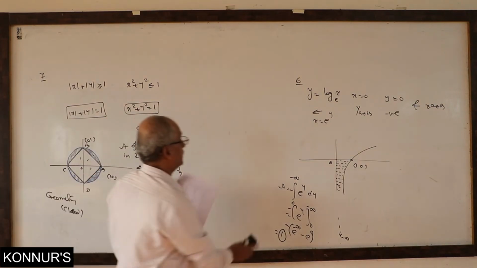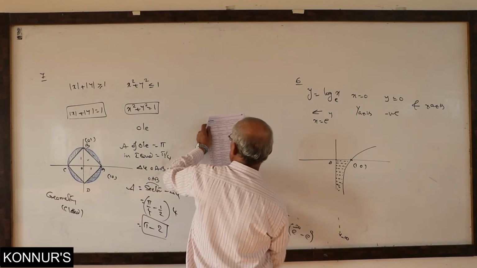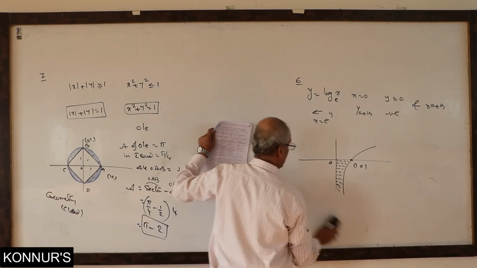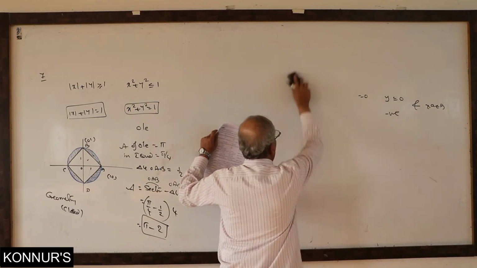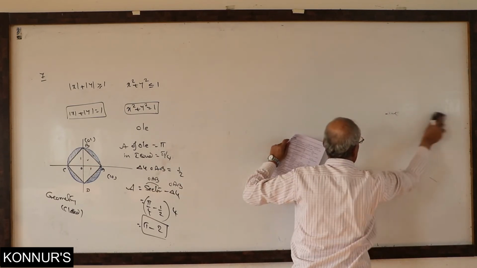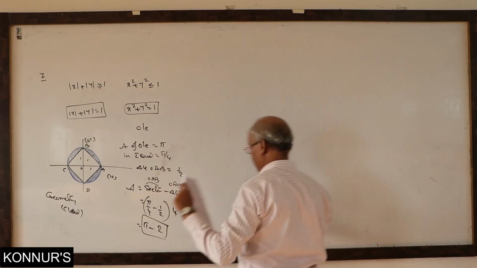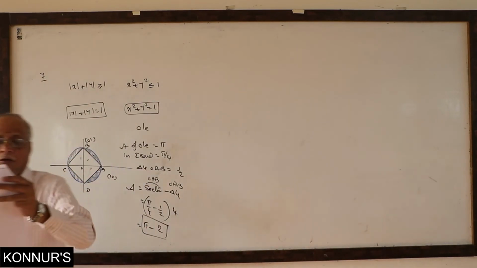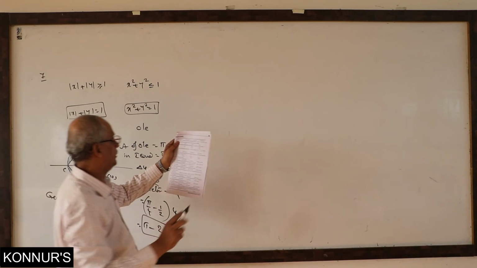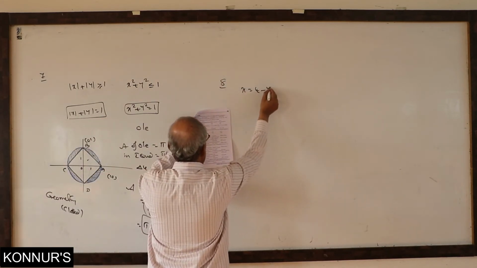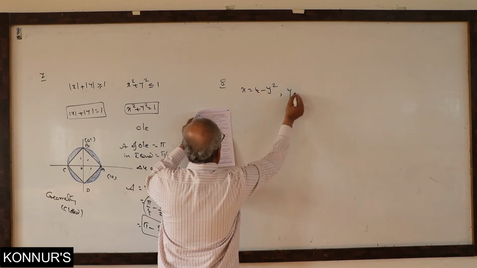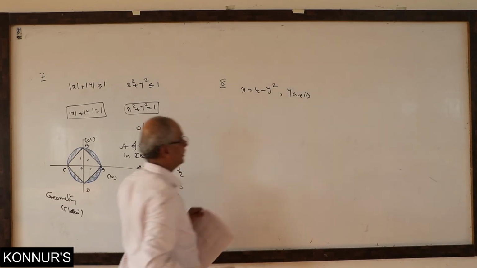Next is also very important. What is that next model? He has now also given only a function. Nothing is mentioned. We have to get the total information only from the given data. How much is given here? Just a function and an axis. What is the function here? x equal to 4 minus y square, and the y axis. That much only is present.